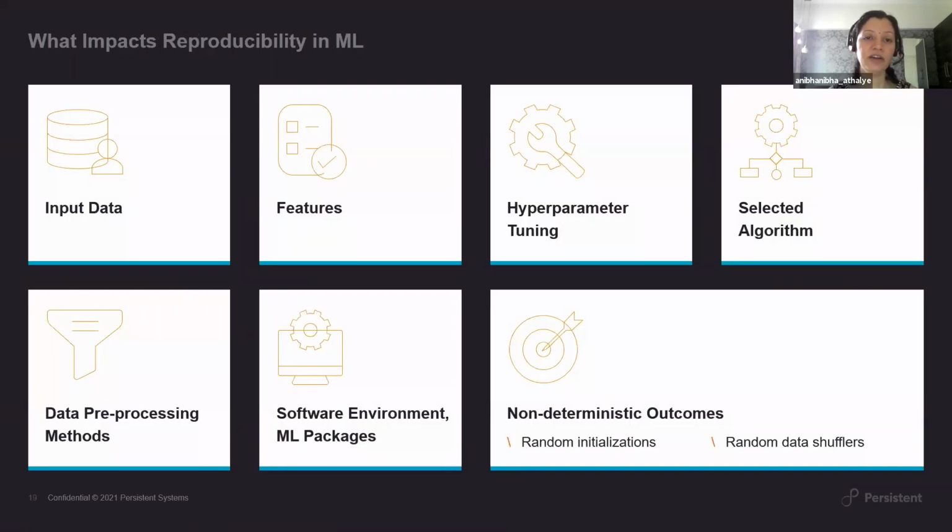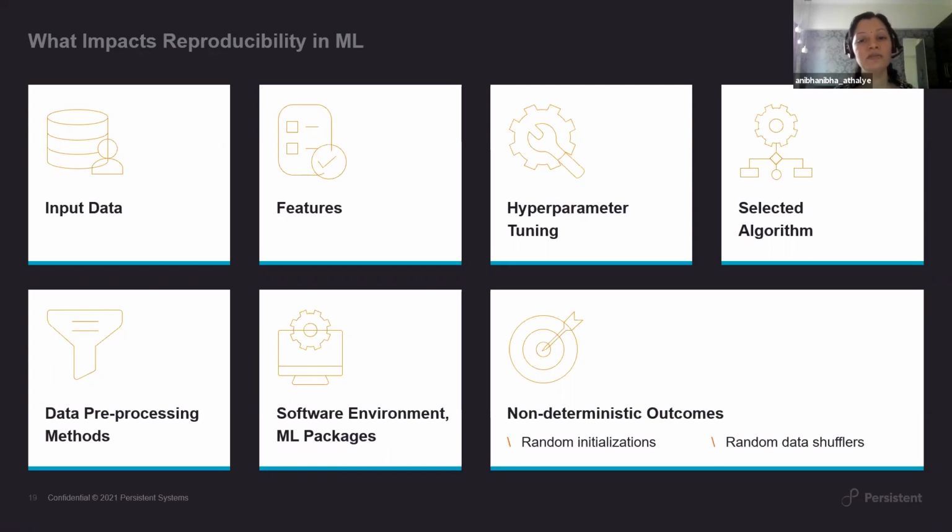So if I have to bring all of this together, what really impacts reproducibility in ML? Your input data, of course. That is where you are trying to fit the model. So any changes to the input data is going to impact the reproducibility. The features that you're deriving on top of that: two actors working on the same input data can come up with two different features altogether, and that may impact significantly even if you're using the same algorithm.